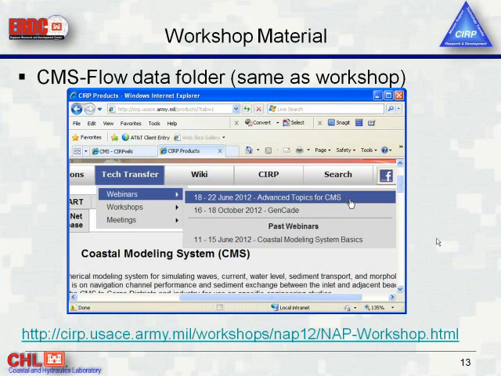So as far as the workshop material, if you go to the cert.usace.army.mil under tech transfer and webinars, there's a tab for the advanced topics webinar for CMS. And you can click on that. You see that there's a